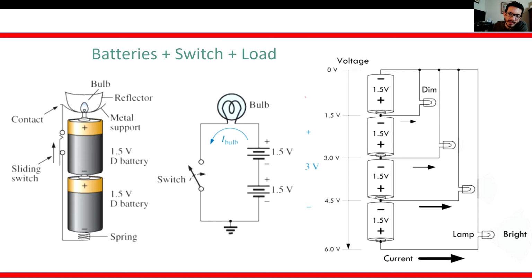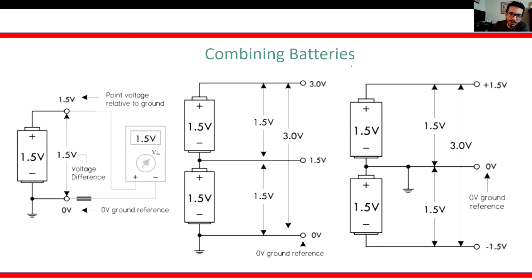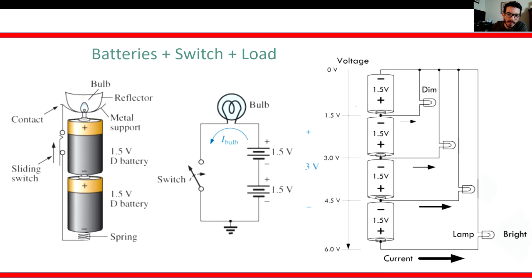So we were saying that when we have a source of energy such as a battery, we can have the electric potential or voltage in a positive or negative instance, and it all depends on where we locate our ground. So in this particular setting, we have a set of batteries in series, and we know they're